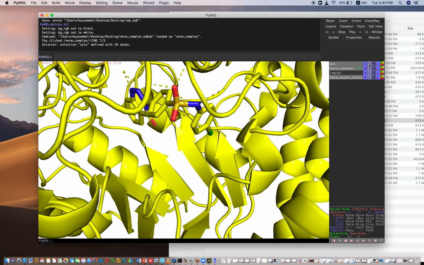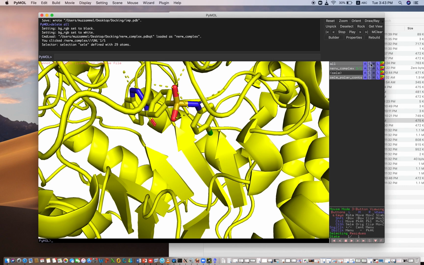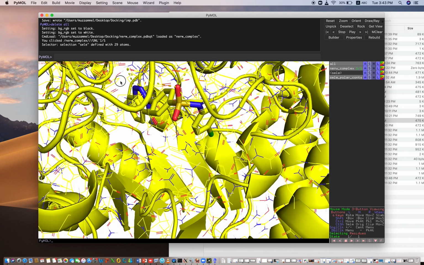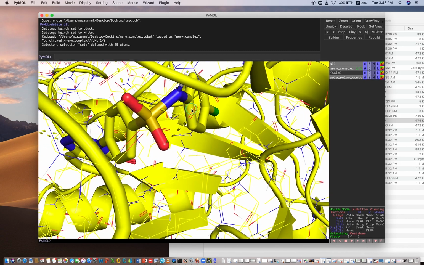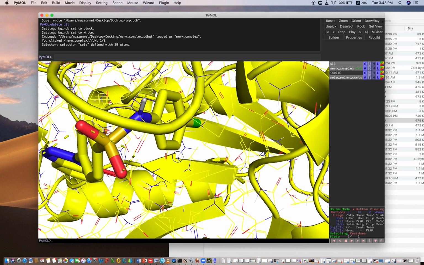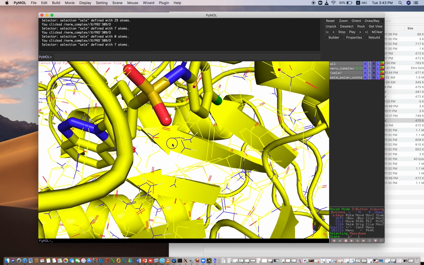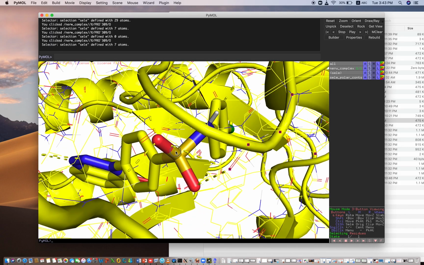Come here, show at the very beginning, S for show, lines. So now you have lines. From here you can select the residues one by one like this. Just click on it. This residue has been selected, which is making a hydrogen bond. And again,